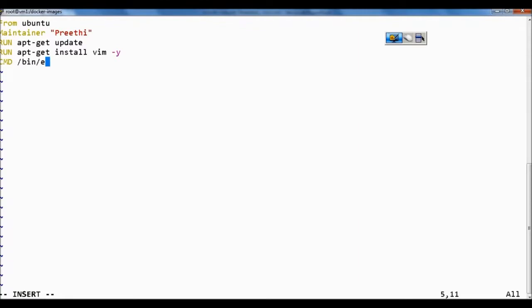Bin echo hello from Docker. So this is my Docker file, that's all. So now what it will do, it will create an Ubuntu image on which we have the Vim package installed, and whenever we start running the container, we see this message hello from Docker. Let us save this Docker file.